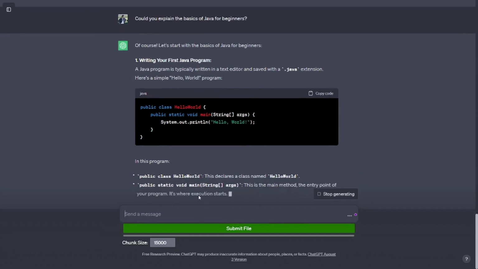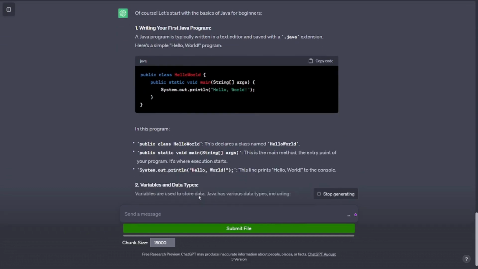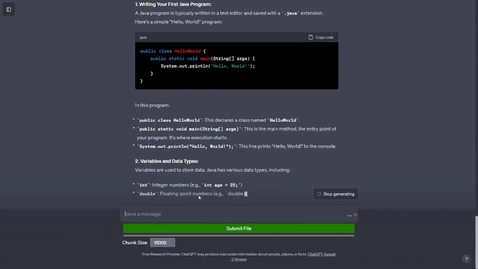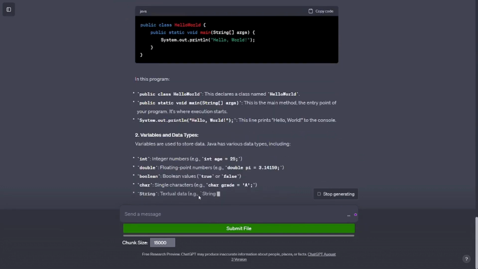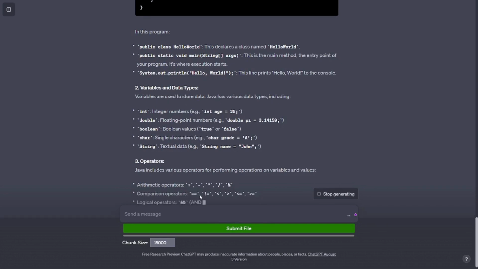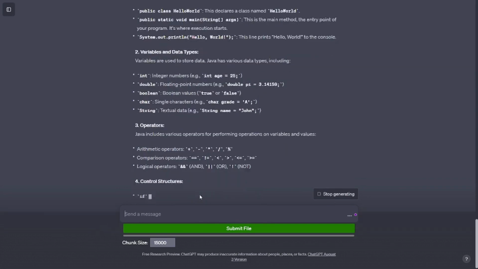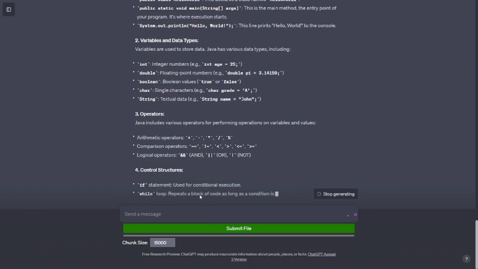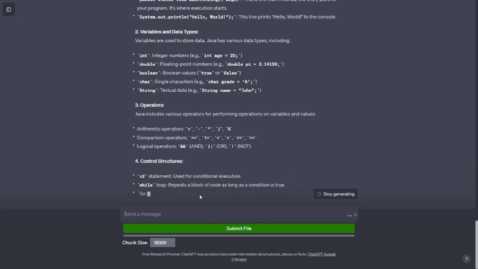2. Variables and data types. Variables are used to store data. Java has various data types, including int, integer numbers, example: int age = 25; double, floating point numbers, example: double pi = 3.14159;